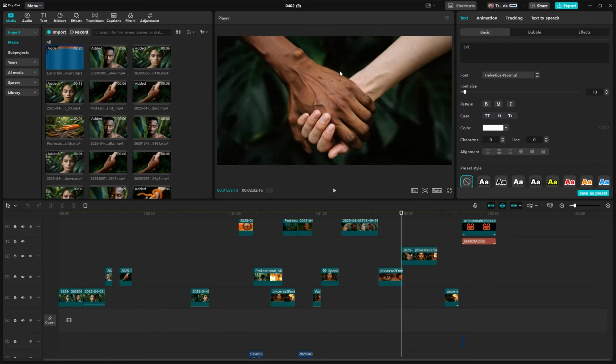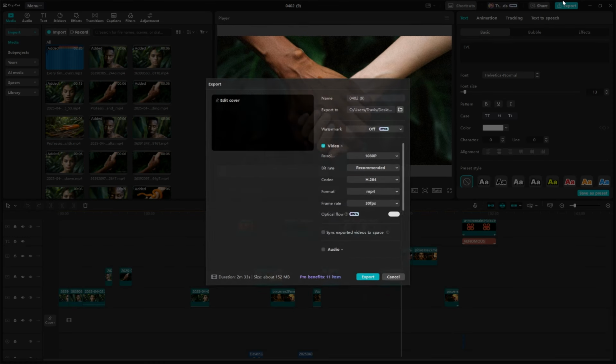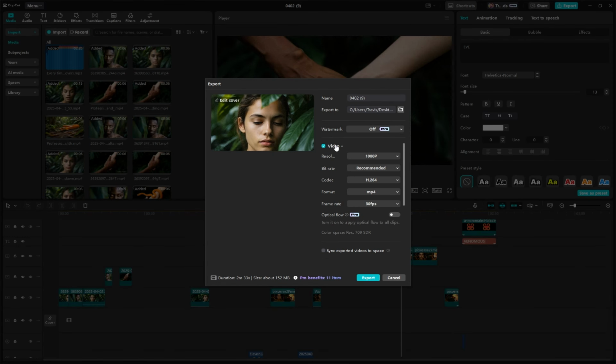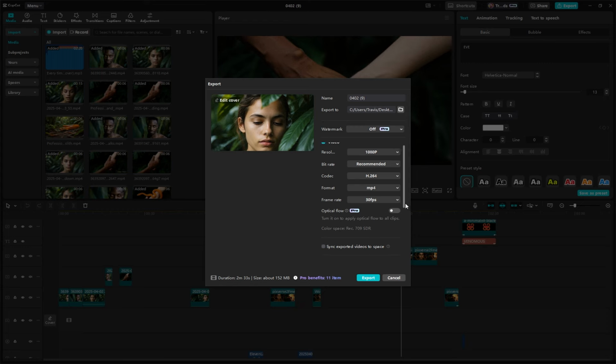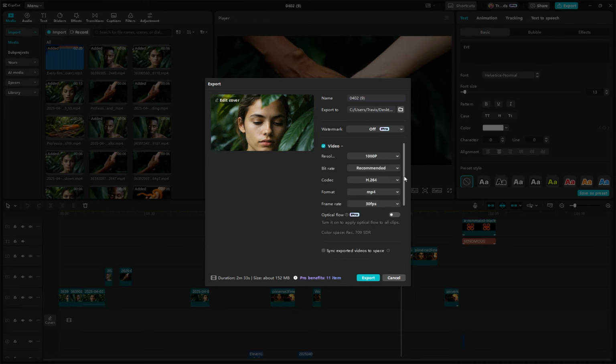And then of course, once you've created a video, you just simply click on export, and then you just make sure video is selected. You can choose whatever format you want over here. If your videos are in 60 frames per second, you need to make sure that you select that, but I just leave mine on 30. I make sure watermark is turned off, and I do have a pro subscription. I just have access to more effects. You can still edit a video in here without having a pro account, but I would recommend going pro if you just want more freedom. And that's about it. And then you click on export, and you'll have a video that's been edited and exported